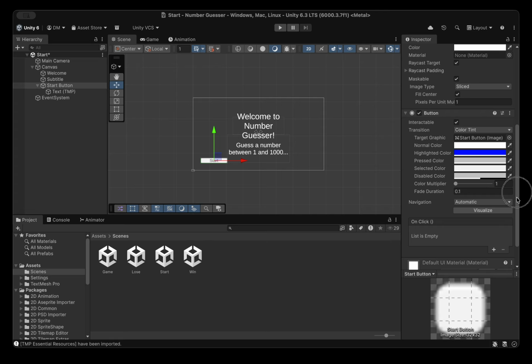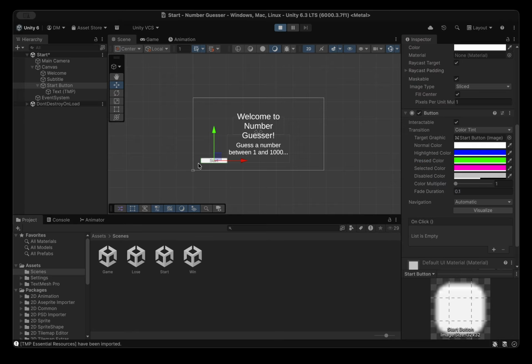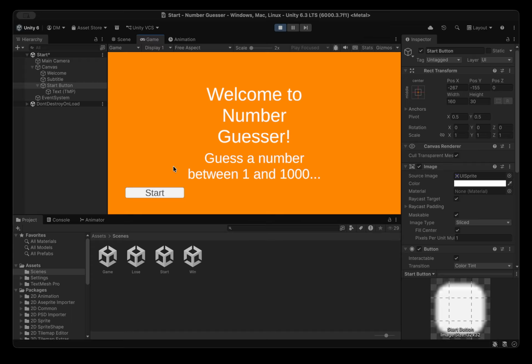So let's change these all to different colors just so you can see the differences here. Pressed you might not actually be able to see. And disabled is if the button's disabled. That usually happens via the code somehow. So if I run my game, I hover over it, it changes to blue. Click, and I'm holding right now, it changes to green. And now it's selected, so it changes to that